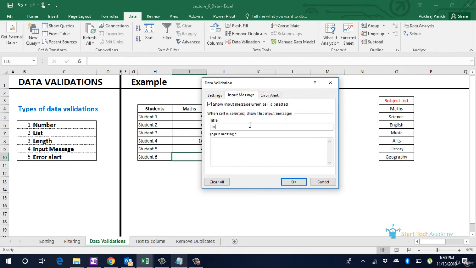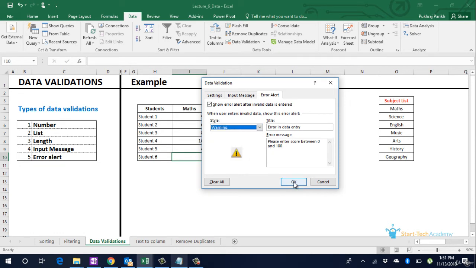For input message, we give a title of and for error alert, title will be error in data entry and message will be please enter score between 0 and 100. You can choose the icon that you want to get in the error message.